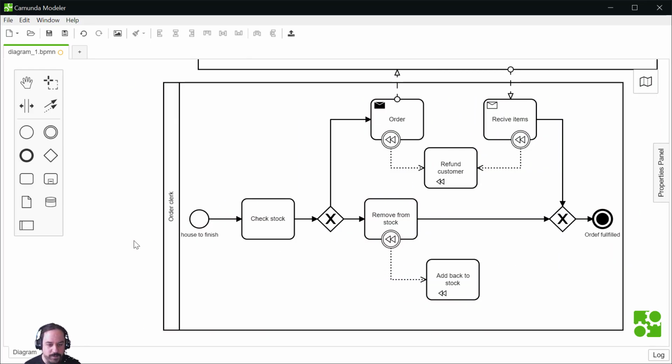Yeah, so that's not a good model because the refund customer is not at the right place, because if we have some stock, we just put back into the stock and then the customer is not refunded. But it was to demonstrate the compensation stuff.